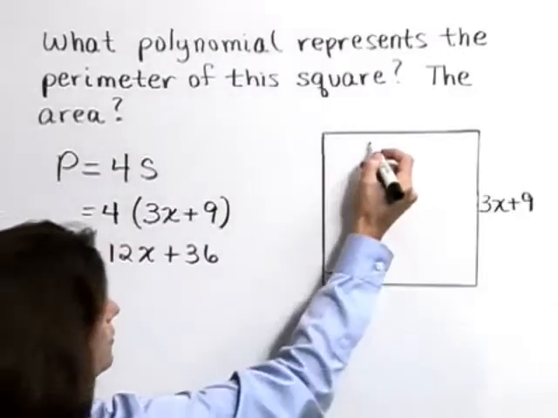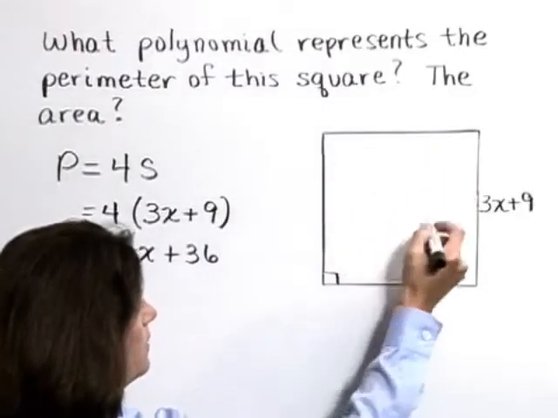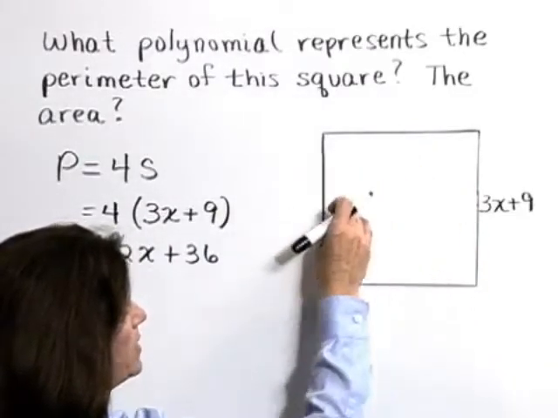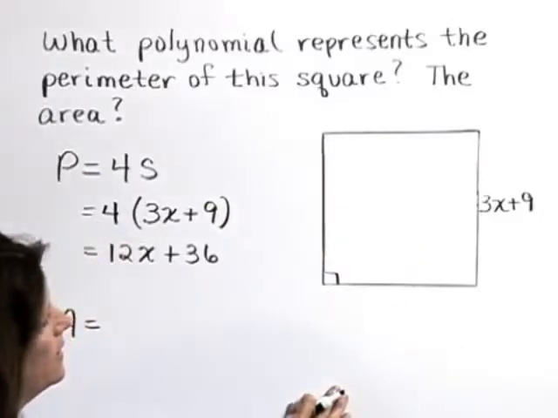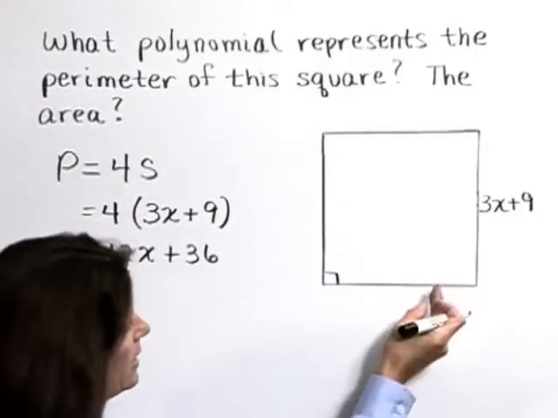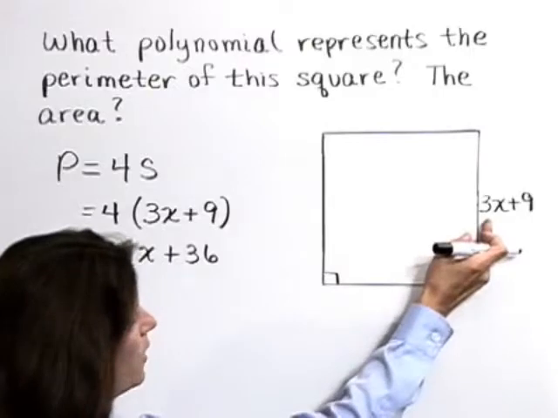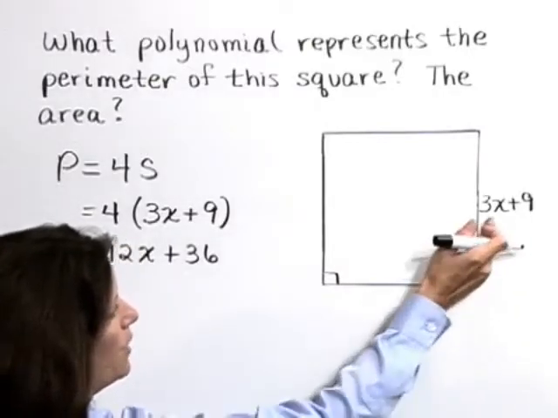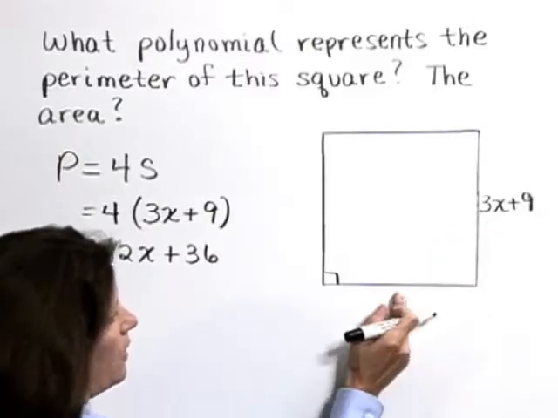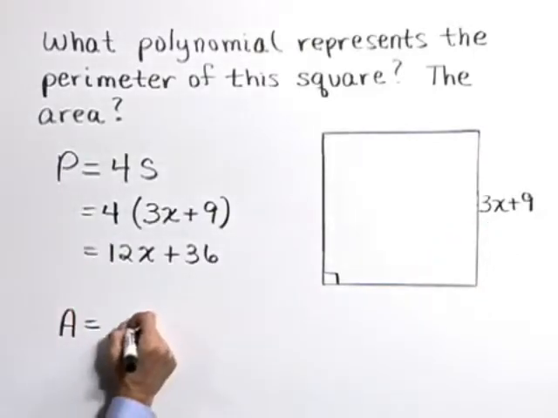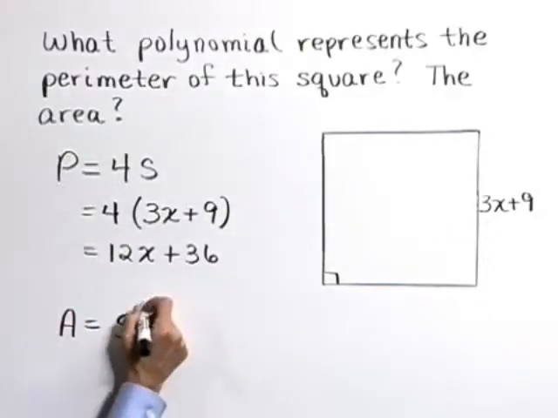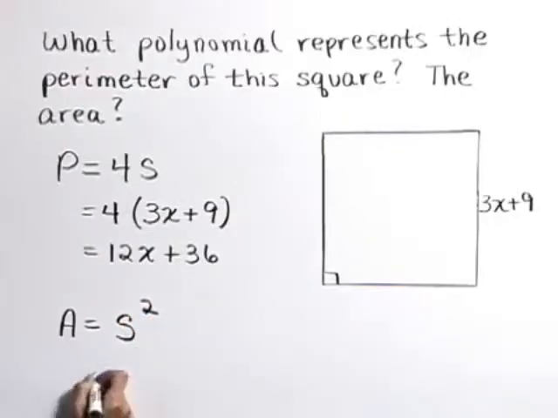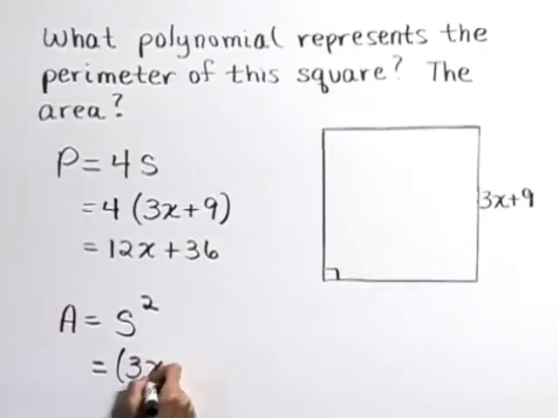The area is the surface area, as if this were a lawn and we were going to mow it. The area can be given by a length times a width, but since for squares the length and the width are the same, called the side, we can determine then that the area is just the side times side, or side squared. So then the area is 3x plus 9,